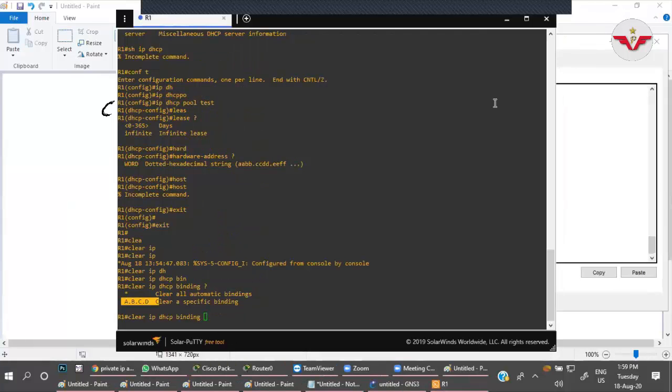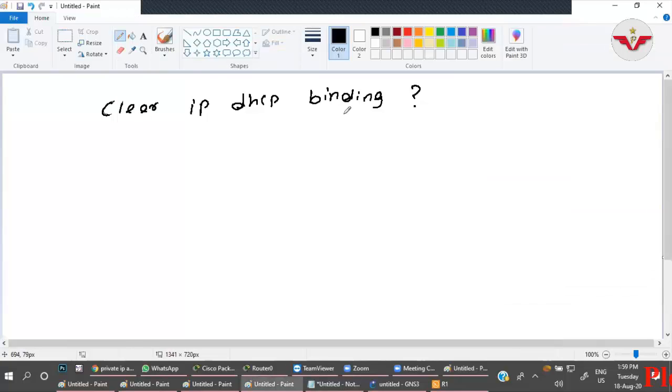Now for relay, what is the command? IP helper address. Yes, you have to go to the interface.